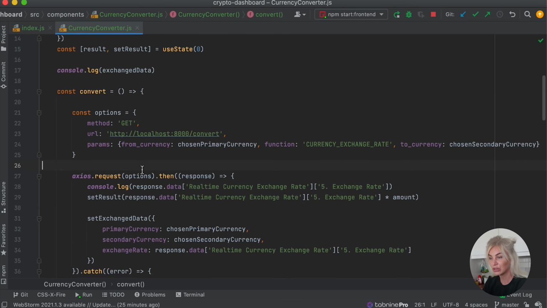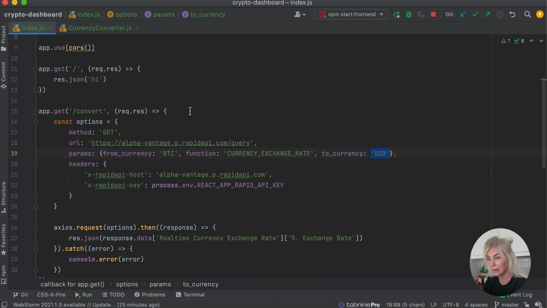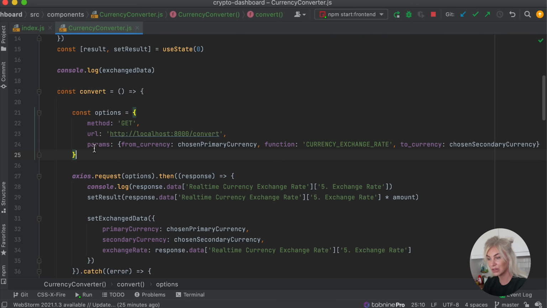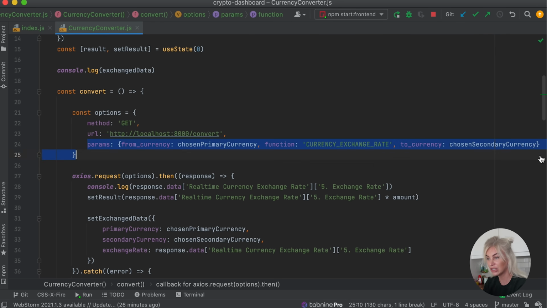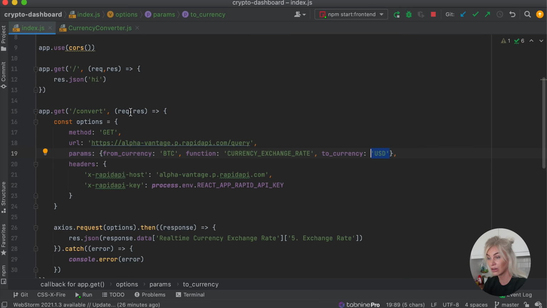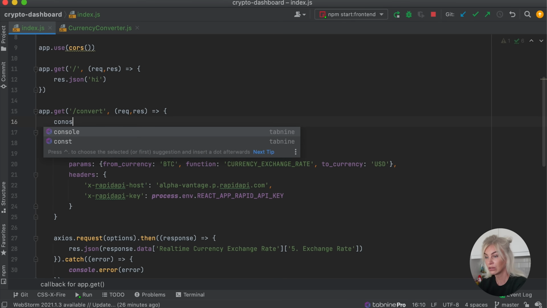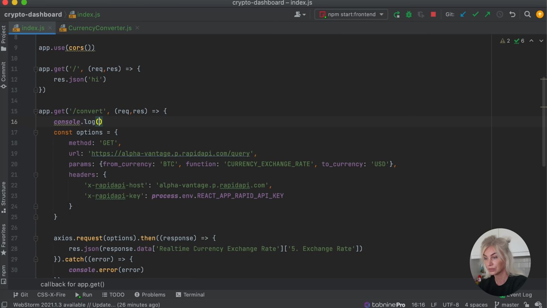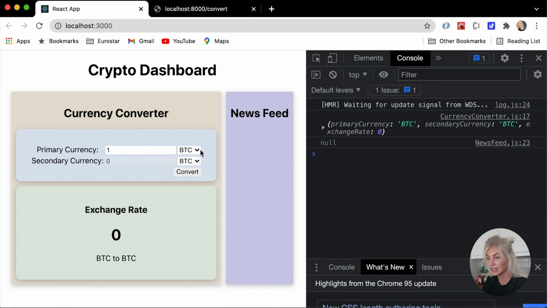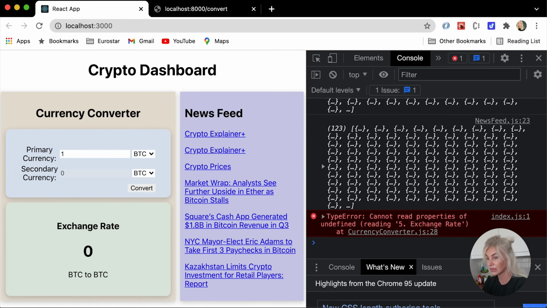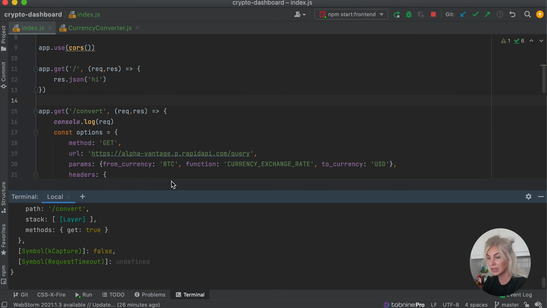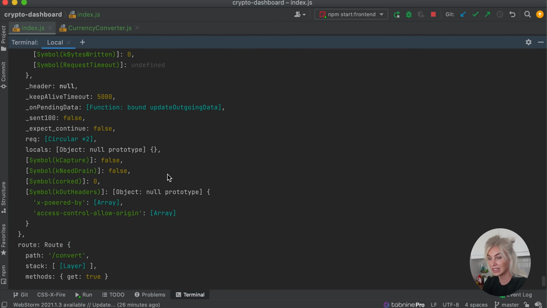Now, one last thing we need to do, as I said, is pass through parameters. So I'm going to show you how to do this. Let's just go ahead and click save here and go back to our backend. Now, when we make a GET request with parameters, this information right here is sent over with our request. So if I console log request, just like so, and let's go ahead and just refresh this and convert, and then visit our terminal,